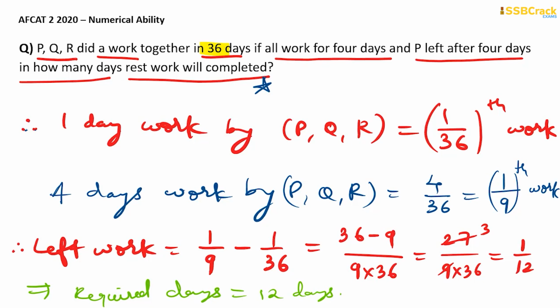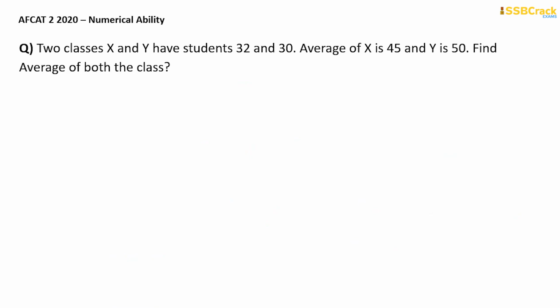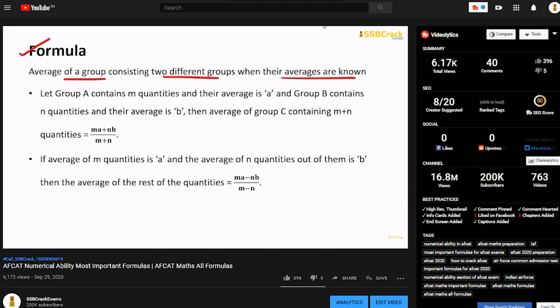Alright. Now let's talk about another question. Let me again recall that this is a similar question we had discussed in our most important formula based lecture series on the topic of average. There we had discussed that if you have two groups of quantities with their respective averages, say quantity M and quantity N with the averages A and B,